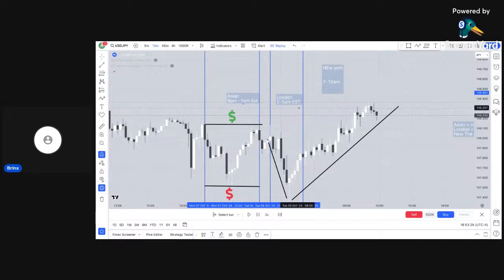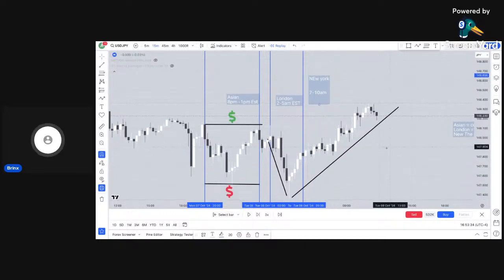2 to 5 Eastern Standard Time for London, New York time, 7 to 10 a.m. This is usually when the market will start to turn around in reverse during these time windows. So